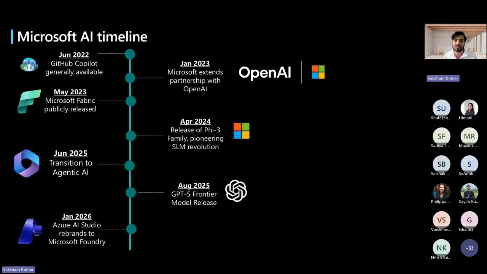So in May 2023, Microsoft Fabric was publicly released. Microsoft Fabric is an AI power platform which can do data analytics end to end. If you are into data analytics, you might love this. Microsoft Fabric helps you get data and present it to your viewers. You have Power BI in it, data engineering, and 100 other things all together in Fabric, from getting data to making insights for your users. Everything is available on one platform.